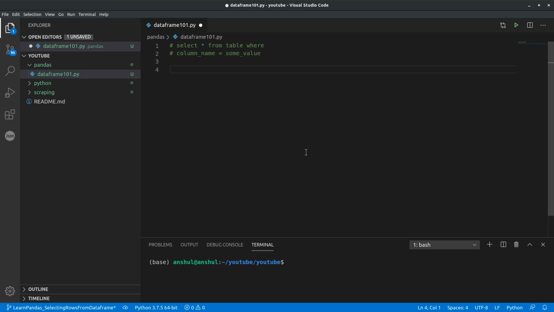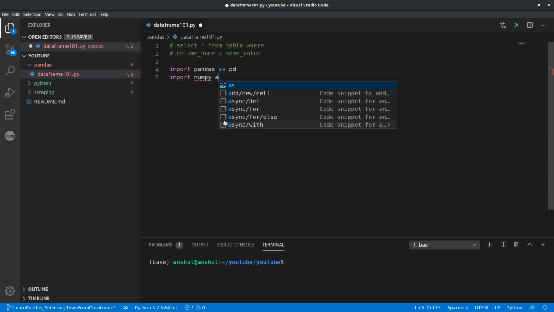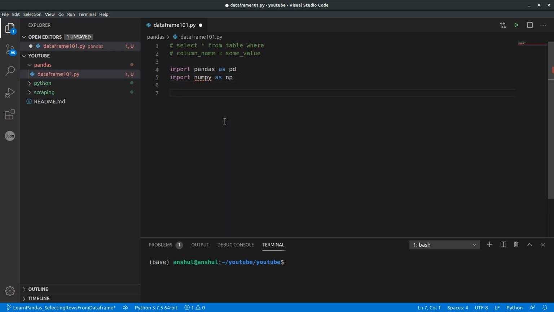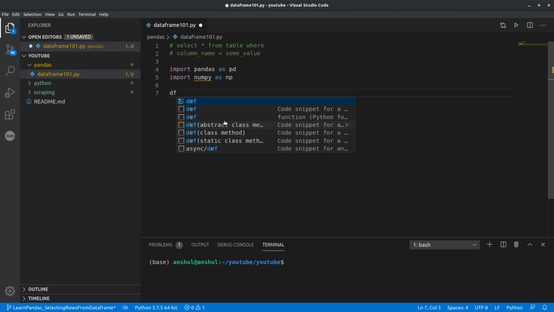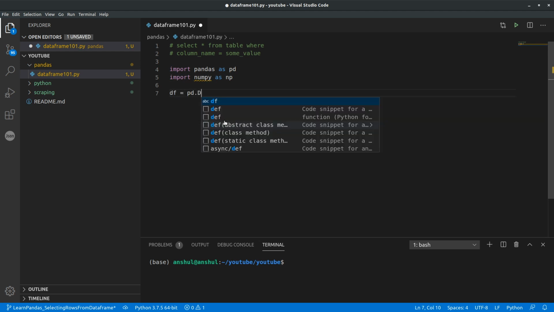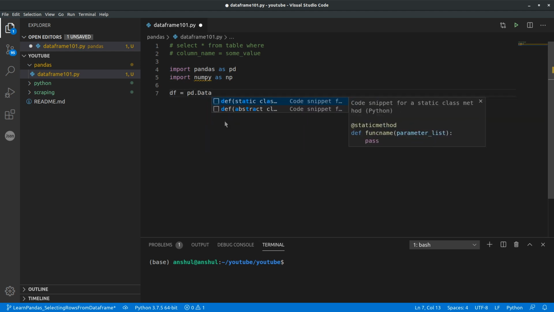First of all, let's create a simple dummy data frame. I'll say import pandas as pd, also import numpy as np. Then let's create a data frame, pd dot DataFrame.